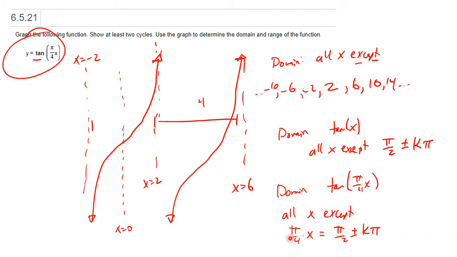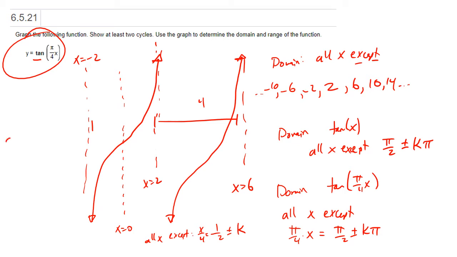So the thing I'm taking a tangent of in this problem isn't just x, it's pi over 4 times x. The thing I'm taking tangent of is not allowed to be pi over 2 plus or minus a multiple of pi. Now if I divide everything by pi, we get all x except 1/2 plus or minus k, and I need to be clear here, because I divided by pi, but I haven't accounted for that 4. So it's all x except those for which x over 4 is equal to this. Having divided out the pi, I now need to account for the 4, so I just multiply everything by 4,